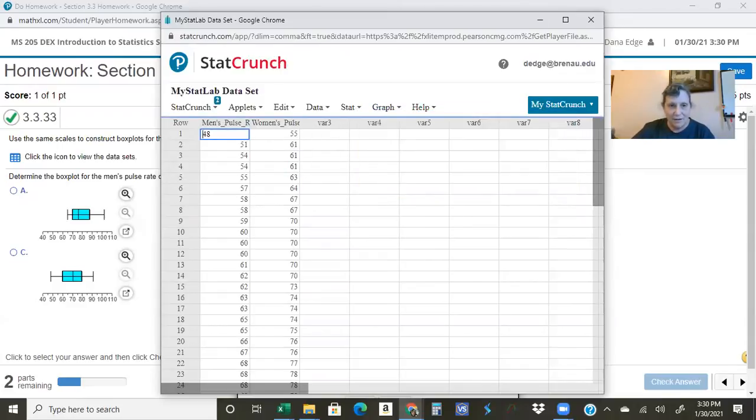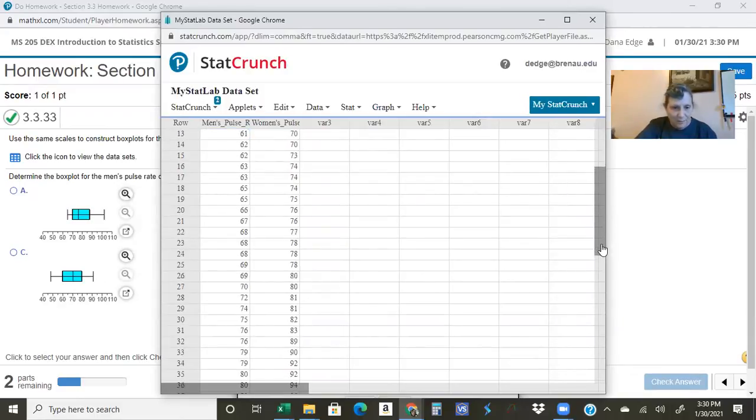So I can see here that the low number for the men's is 48. High number for the men's is 91. High number for the women's is 104. Sorry, 102. Low number for the women's is 55. I could get my quartile first, second, and third numbers, and then you set up the box plot